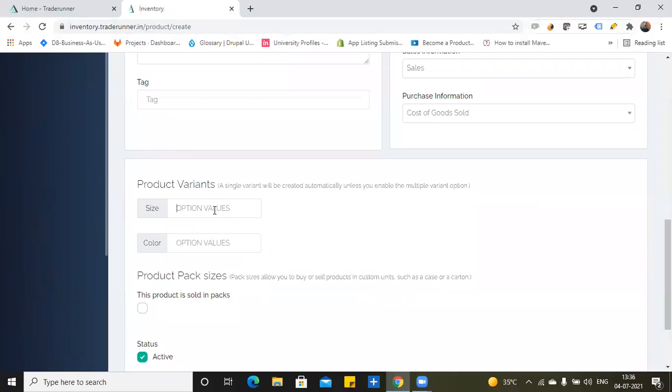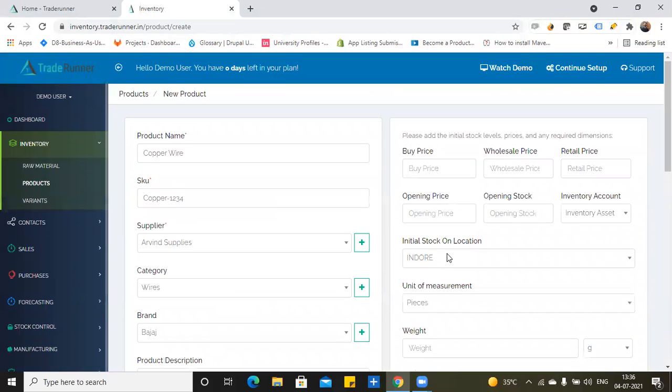And let's say size is different sizes come. So I can give the tags here based on sizes and color. Based on these tags, it will create the variant names as we will see in the next section.